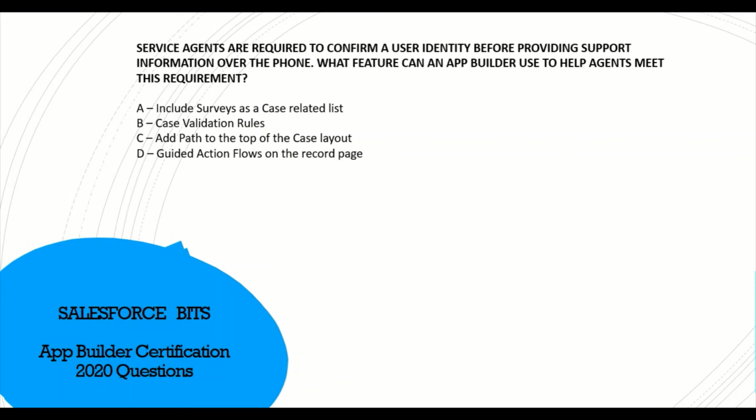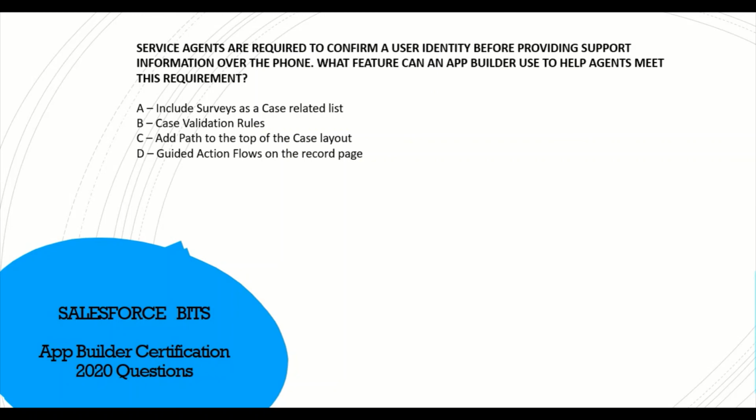What will you do by adding a path? There can be breadcrumbs, but I don't think the path on top of the case layout is an option, because even if you add it, the agent might access his personal information. I don't think C is the right answer, and D is going to be the right answer,